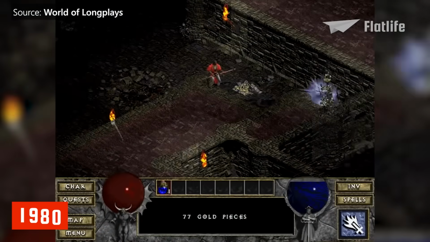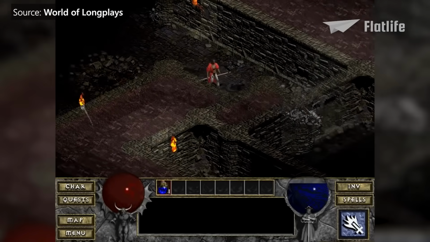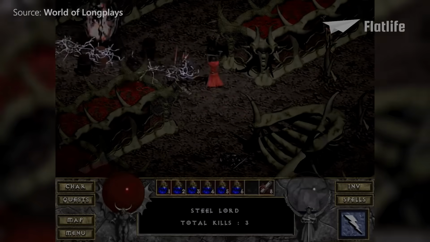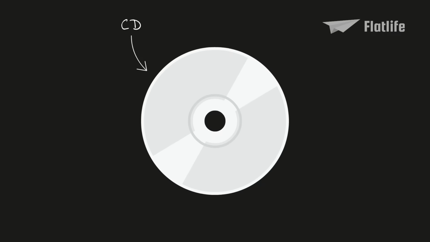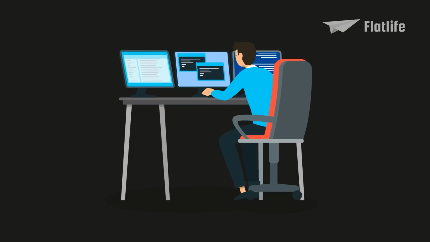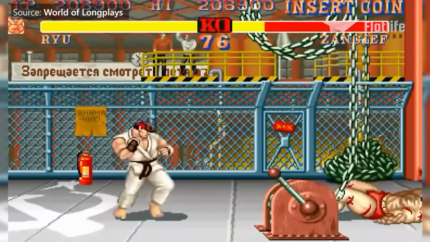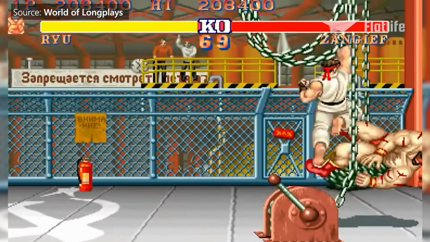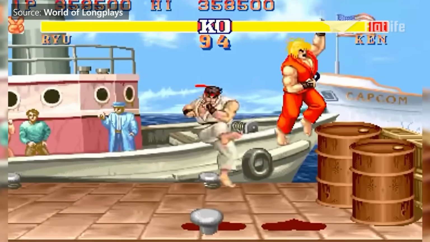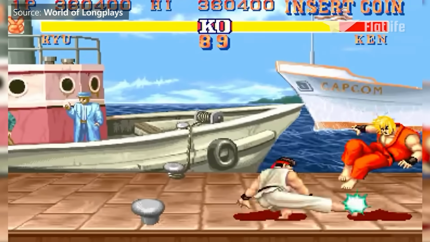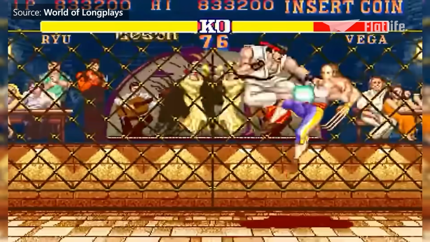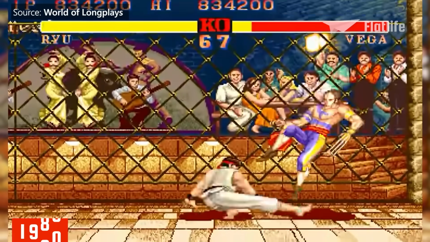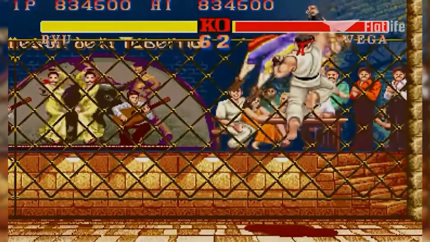At the end of the 1980s, 2D graphics had improved significantly, and game developers started experimenting with 3D graphics. CD-ROM was also introduced as storage, allowing developers to store more data. Although the early attempts of creating 3D graphics resulted in an imitation known as pseudo-3D or 2.5D graphics, most of the games released during this period were more colorful and had satisfying gameplay. One of these games was Street Fighter II, released in 1991.